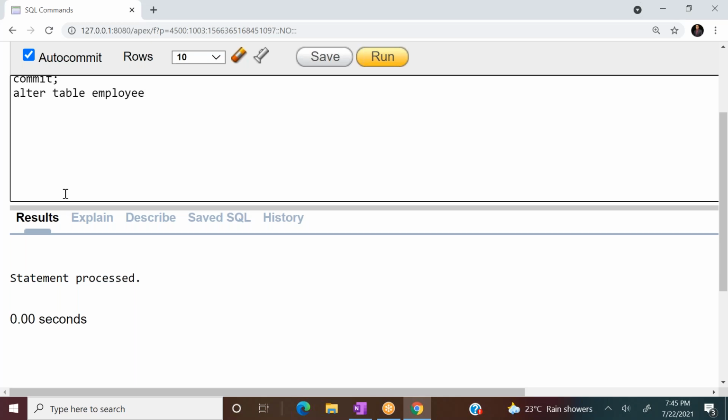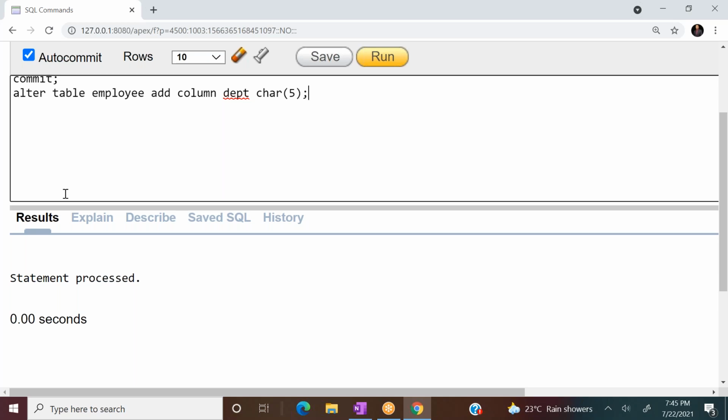Right. So how to add a column? First, I would like to explain how to add a column. ALTER TABLE employee ADD. What do you want to add? Say I want to add a column. What is the name of the column? Because employee is there now, with employee number, name, salary, I just want to add a department column, DEPT. Okay, department column. What is the type? Say CHAR of 5 characters, assuming.